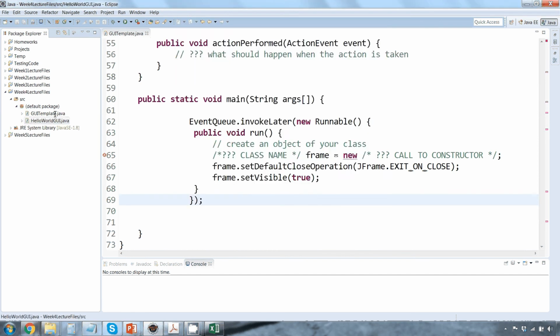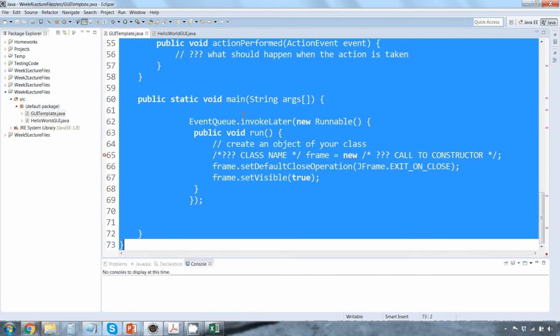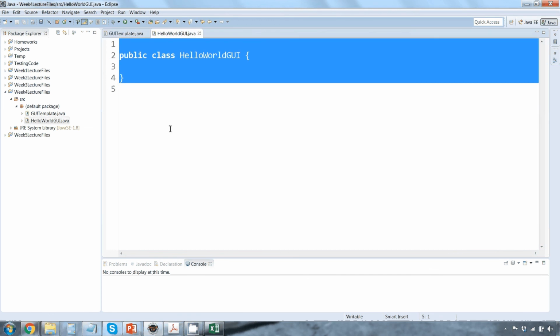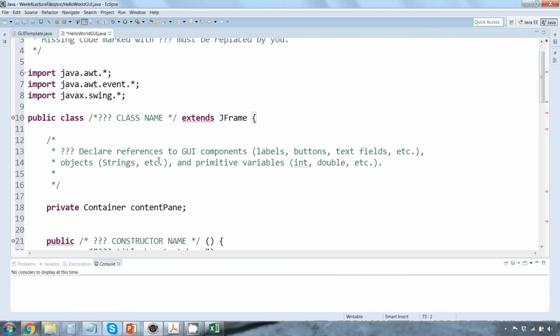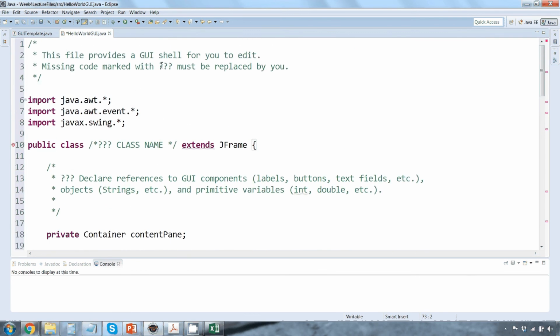And I'm just going to take all of the code in my template, copy it, and paste it right into my Hello World GUI. And now I can go through and change all these places with the triple question mark. Now, when you're using the template, I recommend you do a first pass through to change all the question marks. Make sure the code compiles and then run it before you do any customizing for that particular program. So you want to kind of remove all these compiler errors, kind of clean up the template before you do